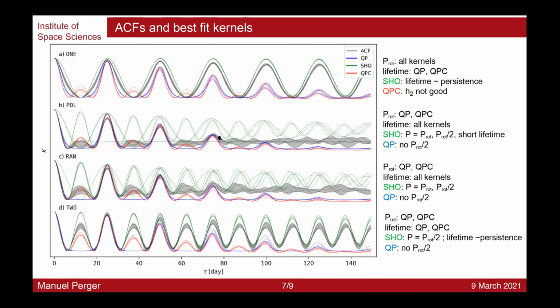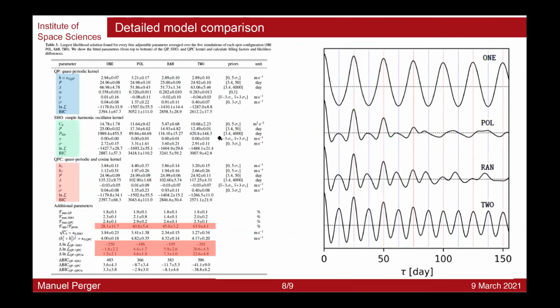And yes, what I just said is here in the table, the same results, more or less. I highlighted here some numbers in red. Those are the differences in log likelihood. We can see that in all cases, the QPC kernel gives the best fits, accounting for this contribution at half the rotational period. And I also highlight in here the filling factor of the prominent side, so the side where